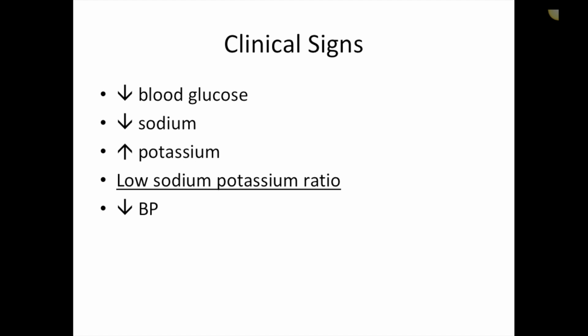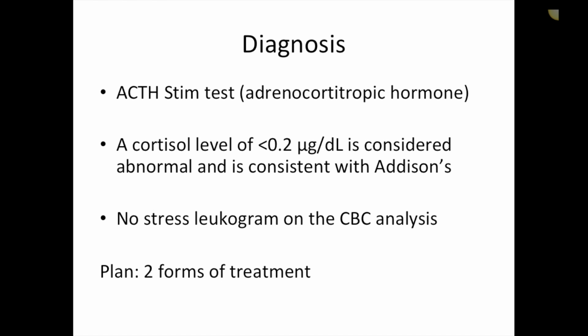And then in times of crisis, we're going to see a low blood pressure, and it can be significantly low blood pressure, okay? And again, it's that cortisol. It's not telling the body to increase blood pressure during times of stress, so the body physiologically and physically just kind of falls apart. Irregular heart rate, because we have that sodium-potassium exchange, it's affecting the musculature in the heart. And dehydration comes on quickly. A lot of times these guys are PUPD for quite some time. They're losing muscle mass for quite some time, but owners don't often pick up on that, and I'm a perfect example of an owner who didn't pick up on it.